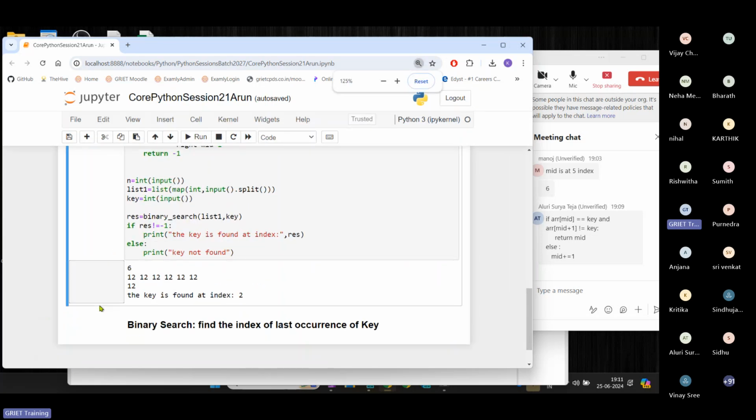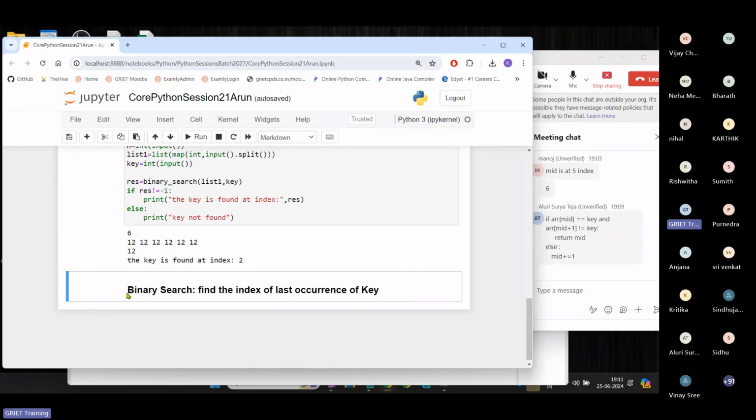Okay, so you can try this also. Find the